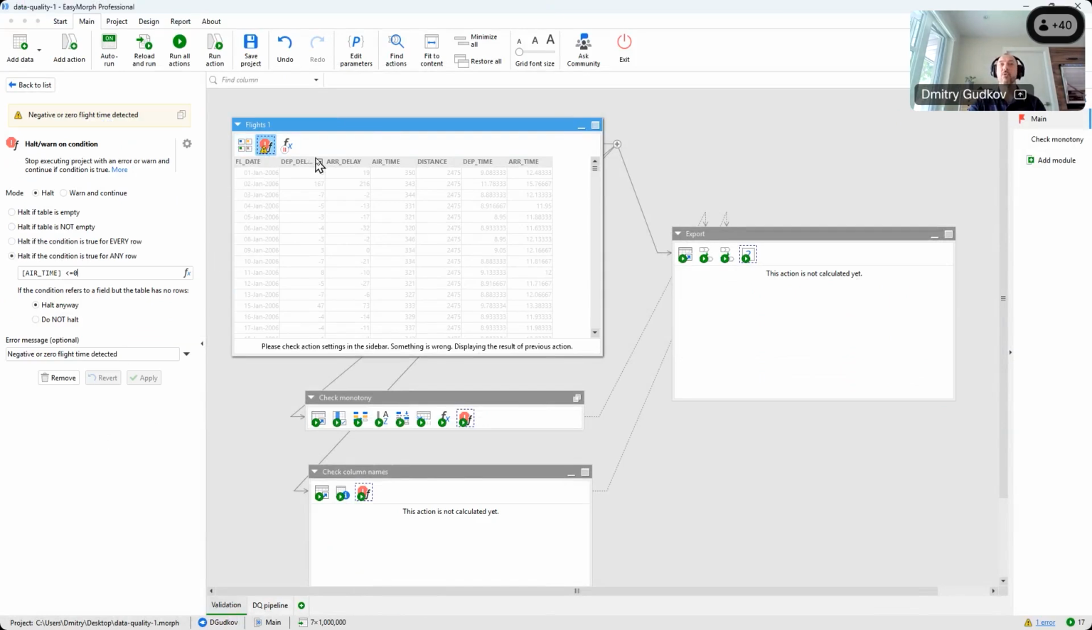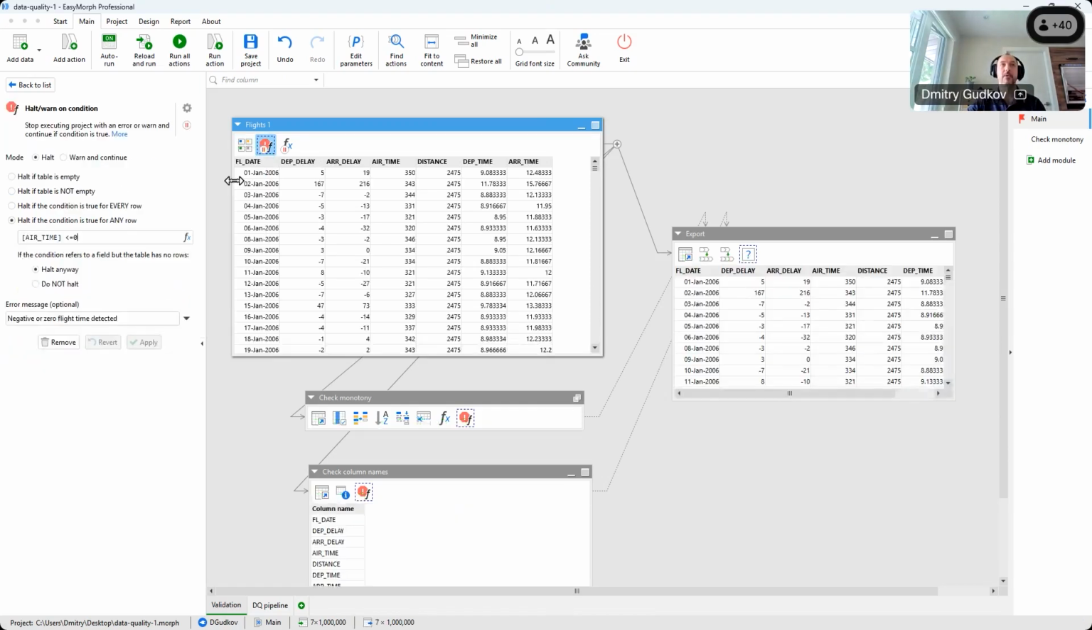You see the workflow failed, so it didn't go past this point because in one of the rows, air time is actually negative. Now we can switch to analysis view and start exploring what went wrong. But at least we have a data quality check that prevented bad data from propagating further downstream. Another option for how you can quickly check